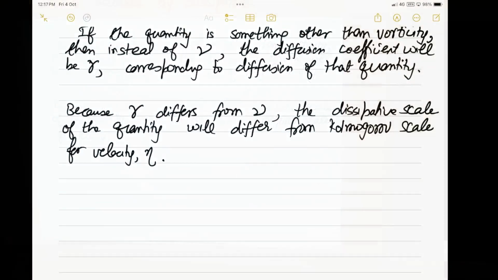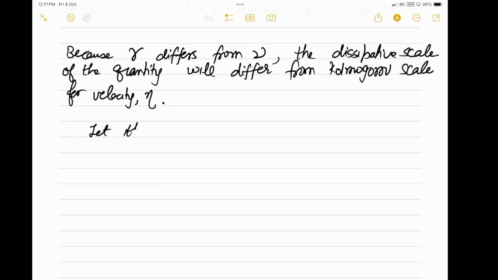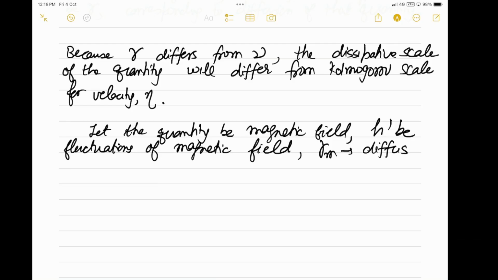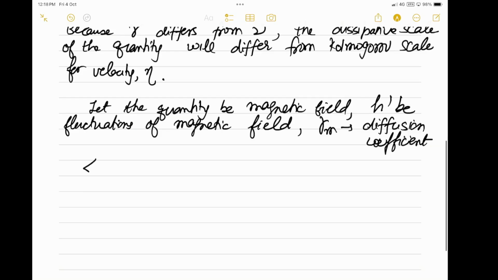Okay. So now let us say we are talking of, let the quantity be the magnetic field, and let h prime be the fluctuations of the magnetic field, and gamma m is the diffusion coefficient. So then the equation will become hi prime hj prime Sij prime is equal to gamma m